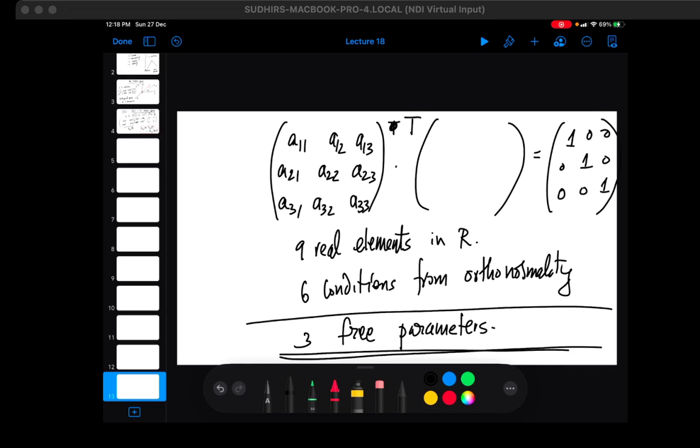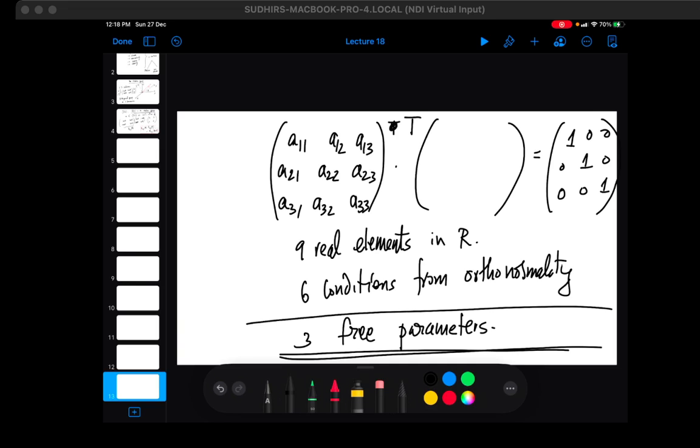So that means SO3 in 3 dimensions will have... For example, SO(n): you can just derive the general formula for SO(n). How many would be the free parameters? n(n-1)/2. So essentially that's what you'll get for SO(n). Okay, so you'll have three free parameters for SO3, and these three free parameters can be adjusted in terms of three rotations,